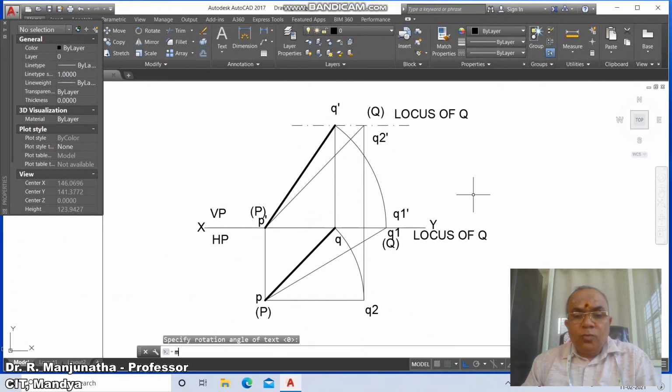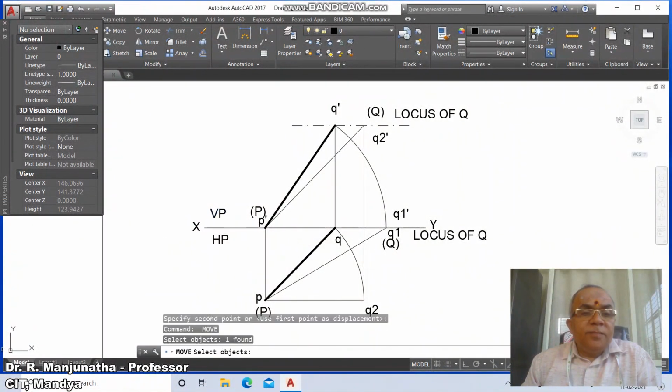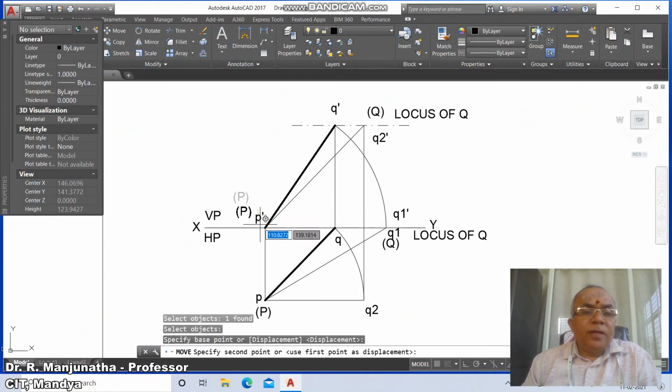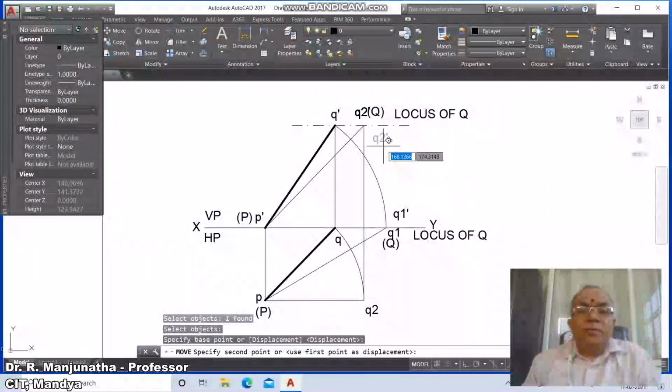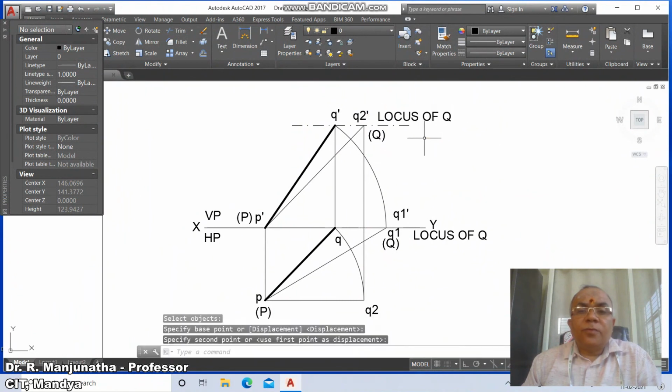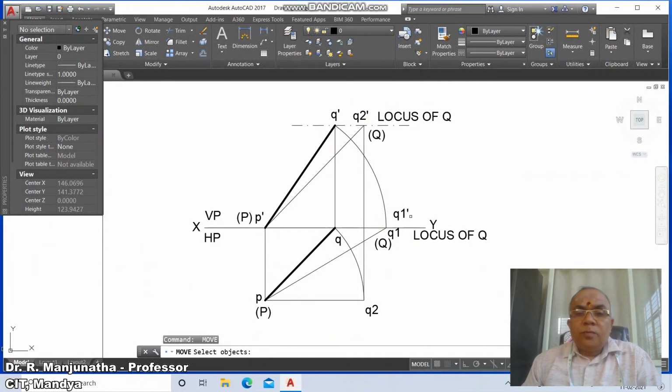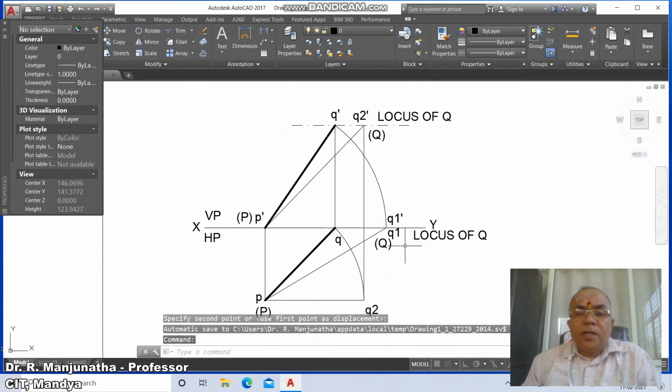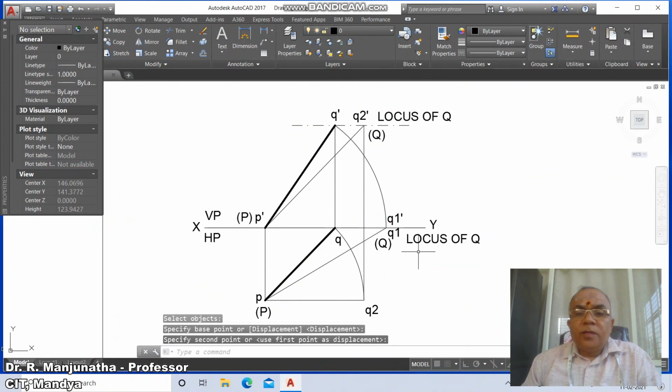Then go to move, switch off the ortho mode, and place the text accordingly in appropriate positions. You just take it out, then go to P dash, and then come down to P, and here this will be Q dash, so this will be Q2 dash, this will be Q, and this will be locus of Q. Move Q1 dash, move it here, and this will be locus of Q, it will be here.